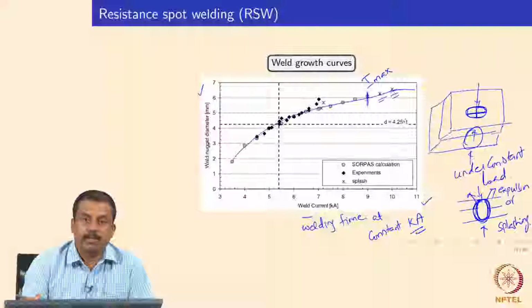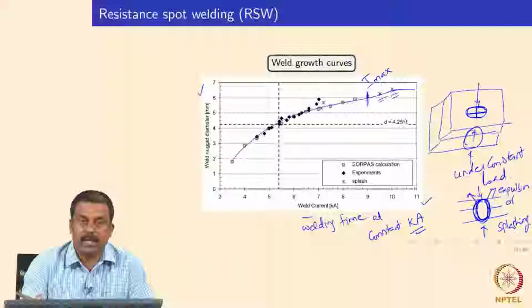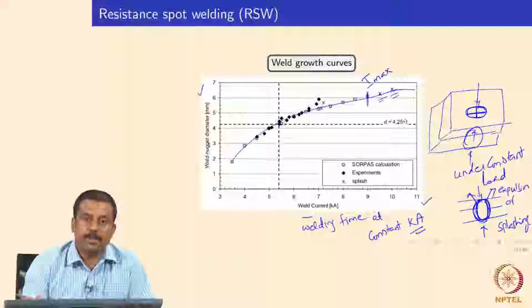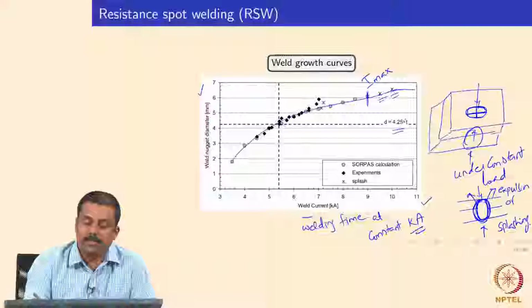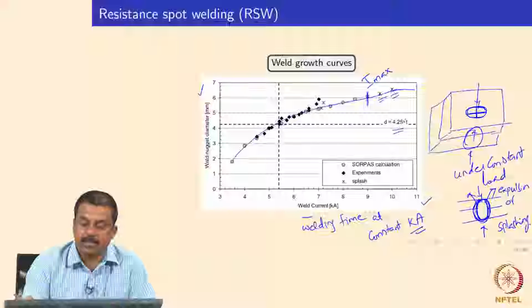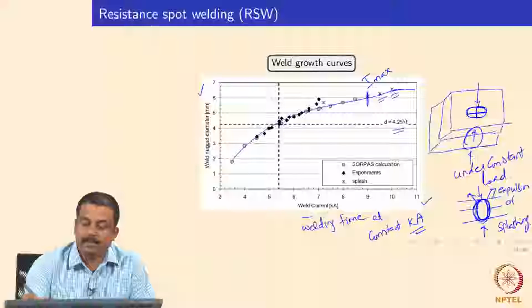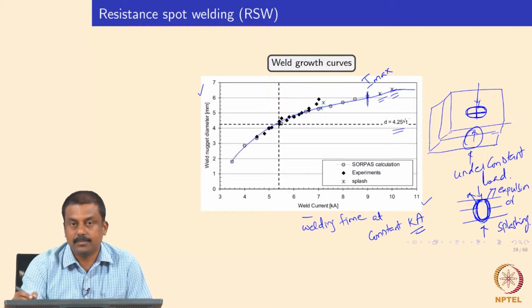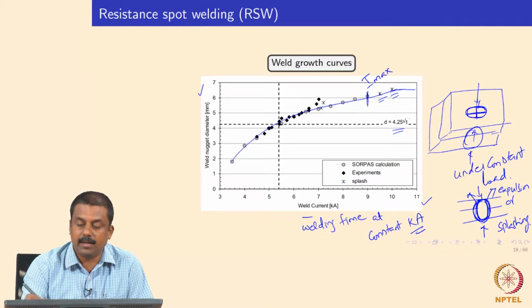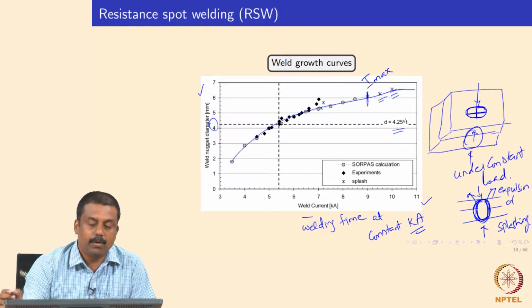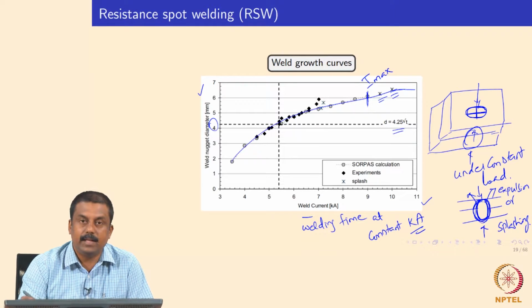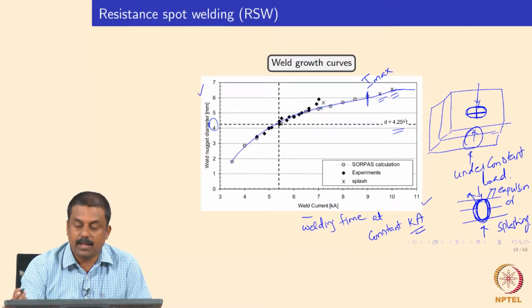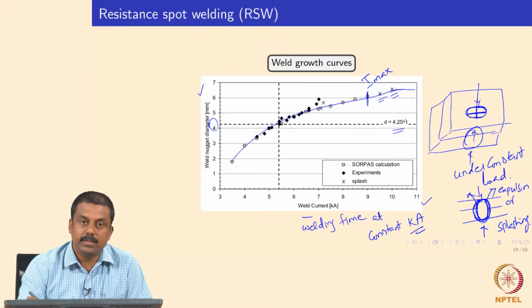So for most of the automotive applications, the various guidelines say the acceptable weld nugget diameter is somewhere between 4 to 4.25 square root of thickness. For example, if you have 1 millimeter thick sheet, your weld nugget size must be around 4 mm. Okay, so the diameter must be 4 to 4.25. 4.25 is the guideline given by one of the Japanese automotive manufacturers. So they use the ideal weld nugget diameter as 4.25 times the thickness of the sheet.